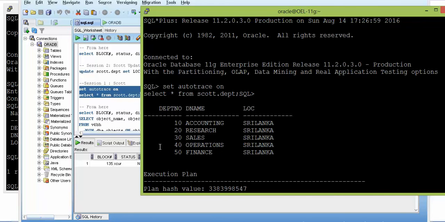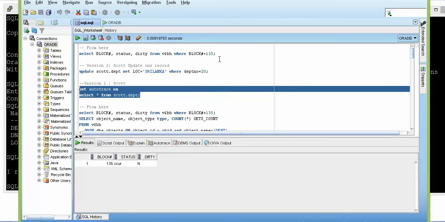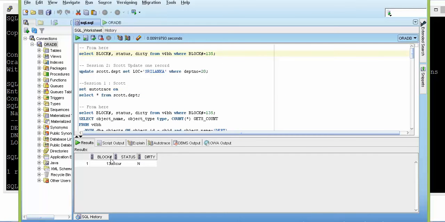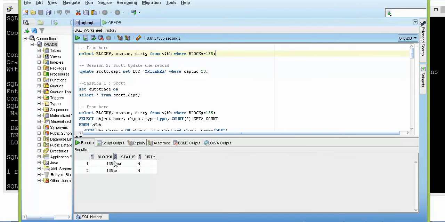Now as I see the data here, if I go back and see how many data blocks are there in my database buffer cache, you can see something surprising called current consistent read. What exactly happened was, using the first line that you saw earlier, one user session pulled the data block into memory and updated it, and that's the reason it has exclusive current.